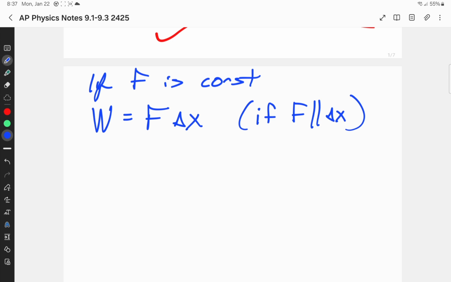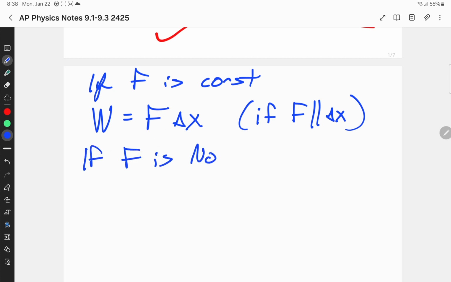Another thing that is worth reiterating is remember that if we're trying to calculate the work that Roy does, then that's dependent on the force Roy exerts. All right, if we're trying to calculate the work that gravity does, that's going to depend on the force of gravity. So they kind of get paired up a little bit, right? Now,